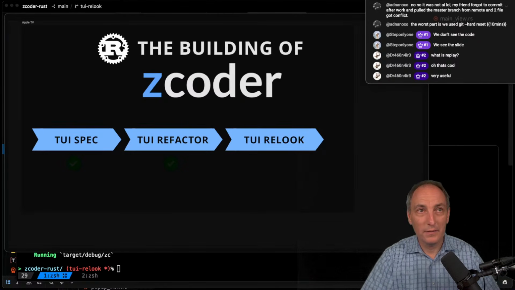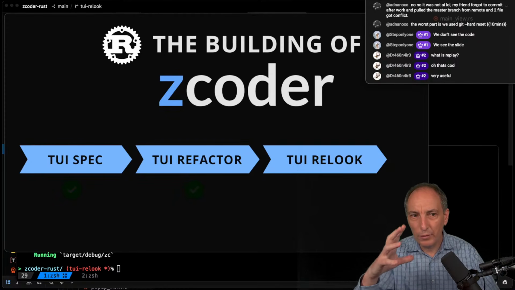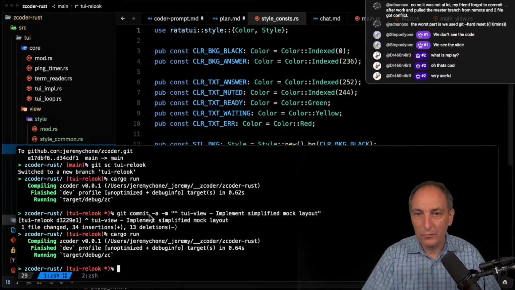Let me see this one a little bit bigger. We did the refactor and then we did the relook, and even in the relook, we did a little bit of refactor. In fact, you will do that more and more, in my case. I will try to tune it a little bit. So now if I go back to my code over there,